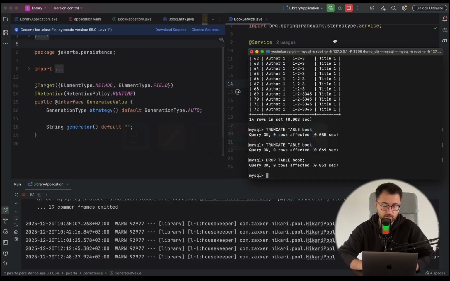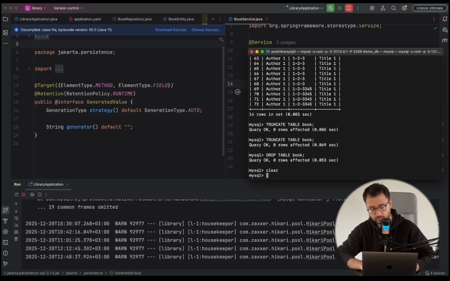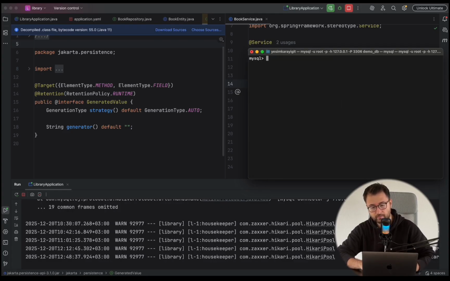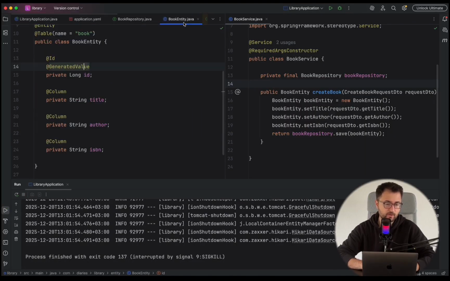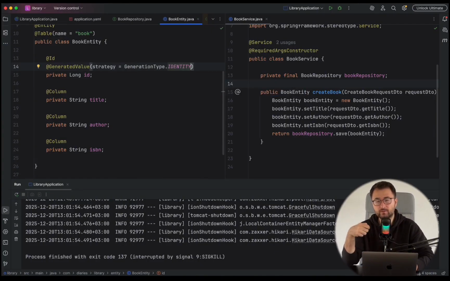So I have already dropped our table and I'm going to clear this one. I'm not sure if this works. Okay, it doesn't. I'm going to spam some command L to clean it up and stop our application. So what I'm going to do is specify a certain strategy, and that strategy is going to be called identity. And this particular strategy is going to assign the responsibility of ID creation to the MySQL